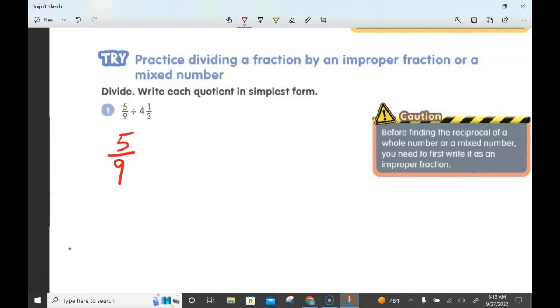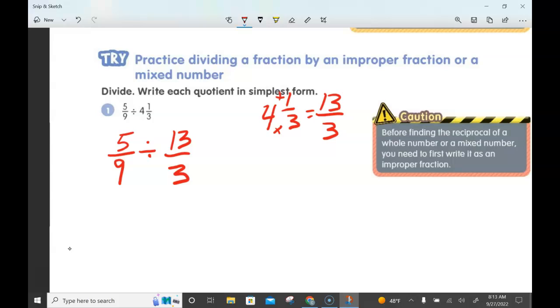And then we need to change that mixed number to an improper fraction. So what we do, 4 1/3, we've got to multiply the denominator by the whole number, then add the numerator. So 4 times 3 is 12, plus 1 is 13. Denominator stays the same. Okay, so now we have 5/9 divided by